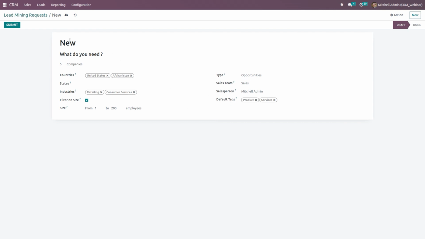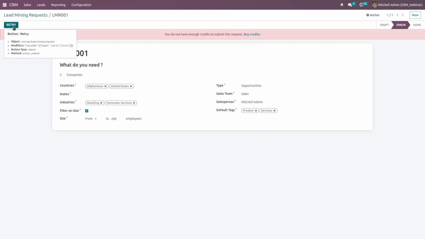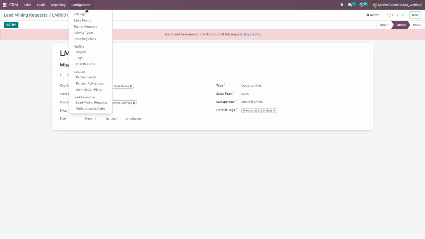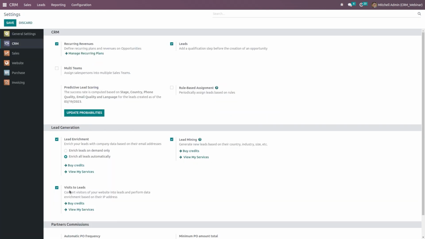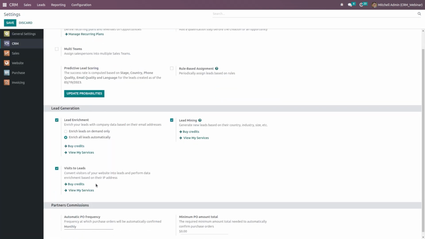After setting these criteria, we can submit this, and you also need credit for submitting this request. That's why the error is showing here. So this is how lead mining works. And the next one is visits to leads. We can convert the visitors of your website into leads or opportunities by performing